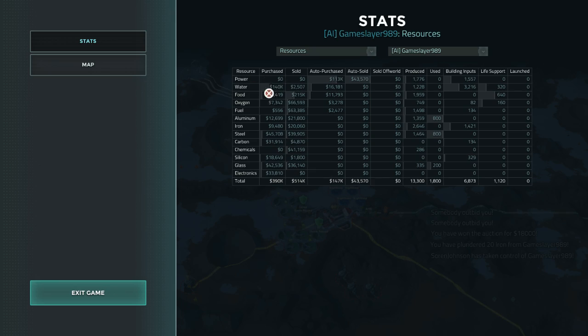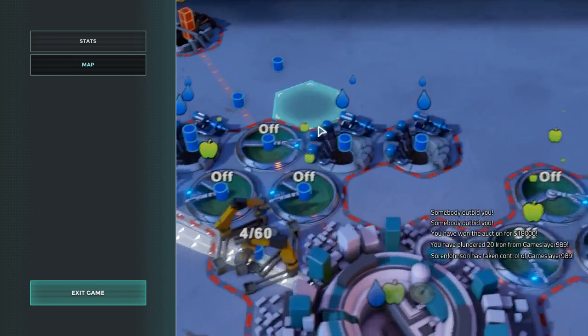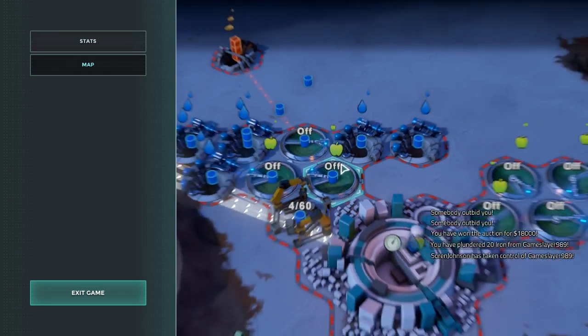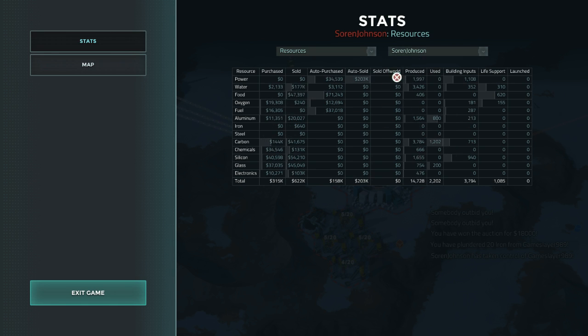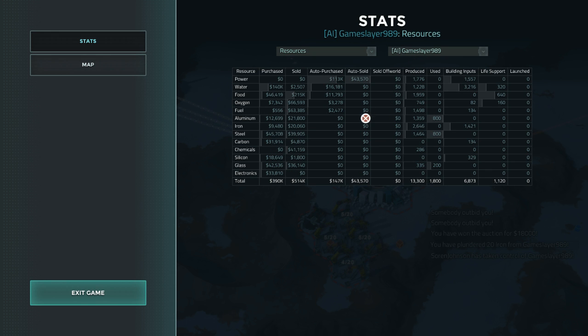We can see 140,000 water purchased, despite the fact that he had 6 water tiles. 6 water tiles, and still purchasing 140,000 in water is not where you want to be. Not where you want to be at all. And that, I think, is what lost Gameslayer the game,